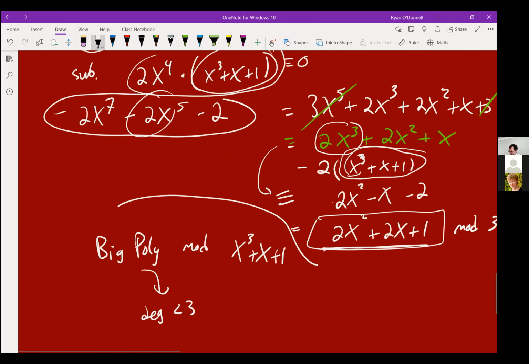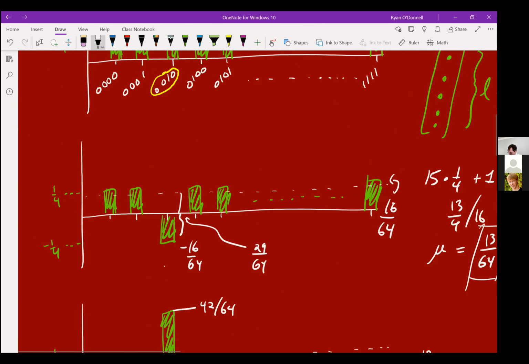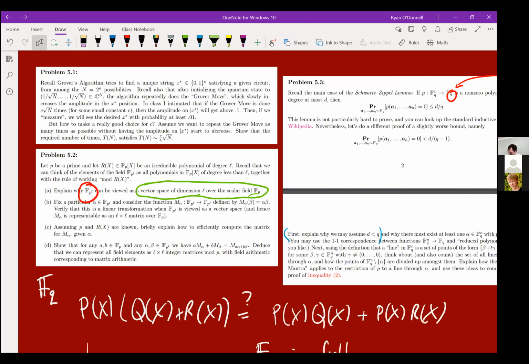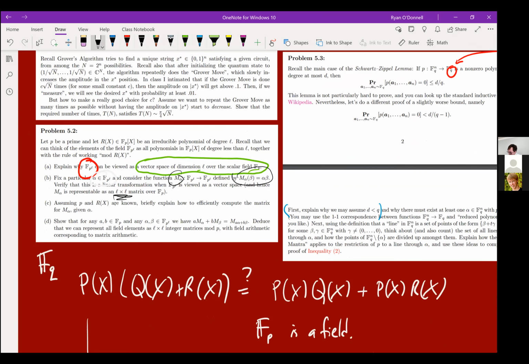Let's even just look at that problem, and maybe we'll do an example of that problem. Let's see, where were we? Somehow I'm naming everything alpha today. So fix a particular alpha and consider the function m sub alpha, which is multiplication by alpha, a linear transformation and hence representable as a matrix. So let's try to do an example here. Let's go back to